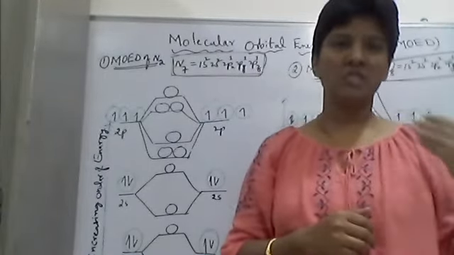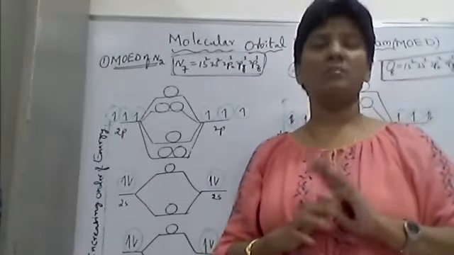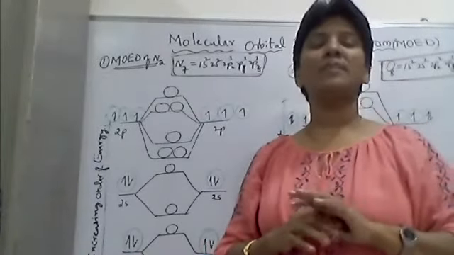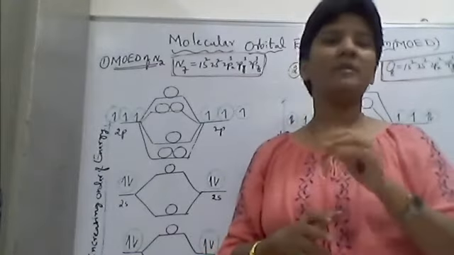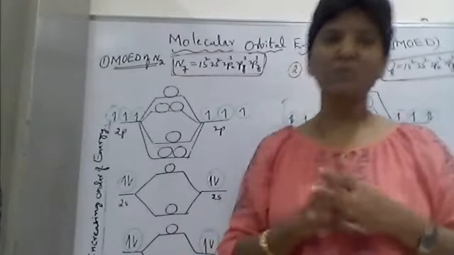And next, we may have some more diatomic species which are hetero, where it is NO plus or NO, or cyanide, CN minus, or carbon monoxide. These are diatomic but made up of different elements, heterodiatomic. For our syllabus, we have only diatomic species, especially for the intermediate board exam, that is plus one and plus two level.